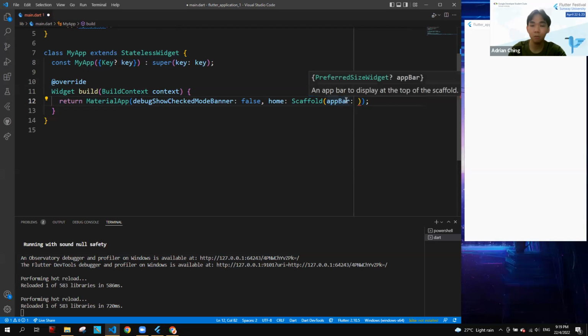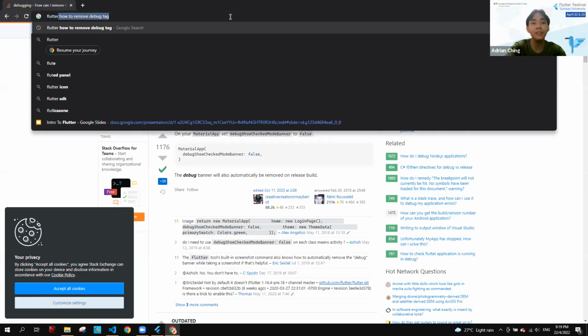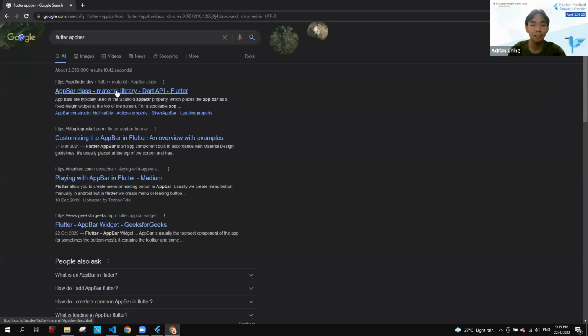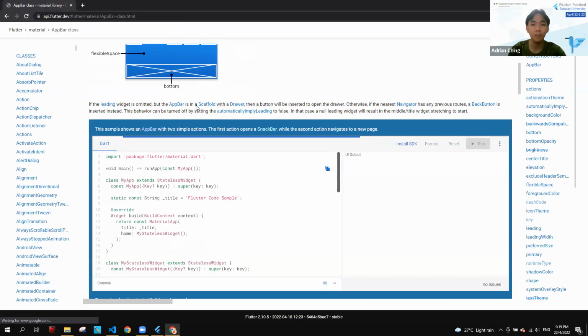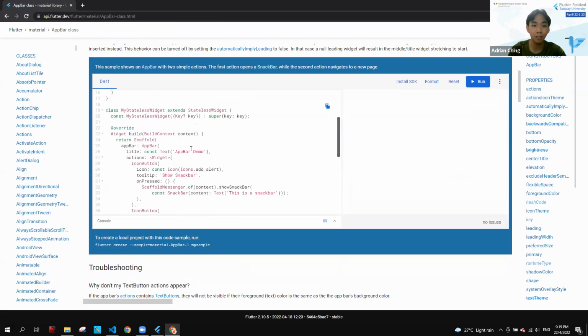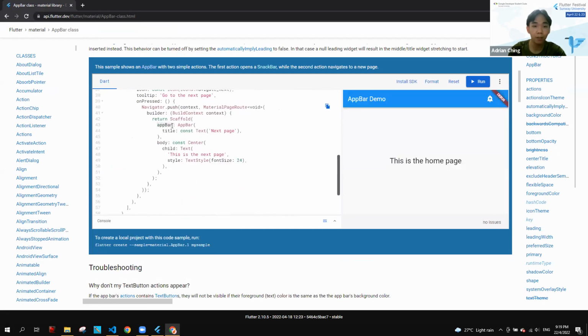So if you don't know what widget is an appBar supposed to accept, since it doesn't show over here, again, Google, just Flutter AppBar. Yeah, click on this, and basically you're just seeing like an example, right? And there you go. You can see in the appBar, it accepts an AppBar widget, of course. So let's pass in the AppBar widget